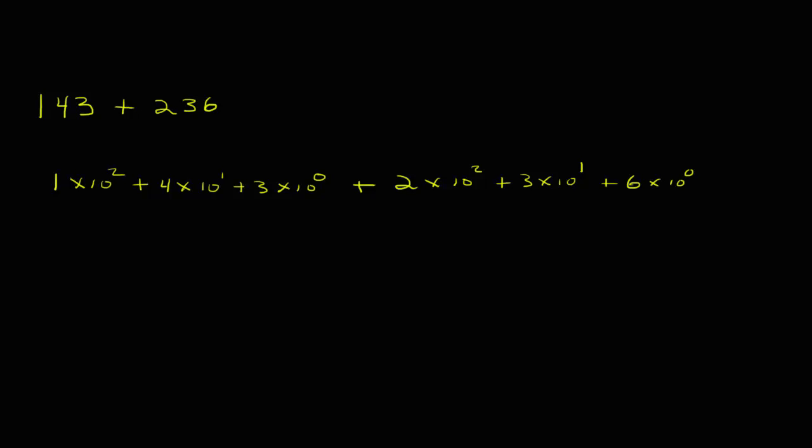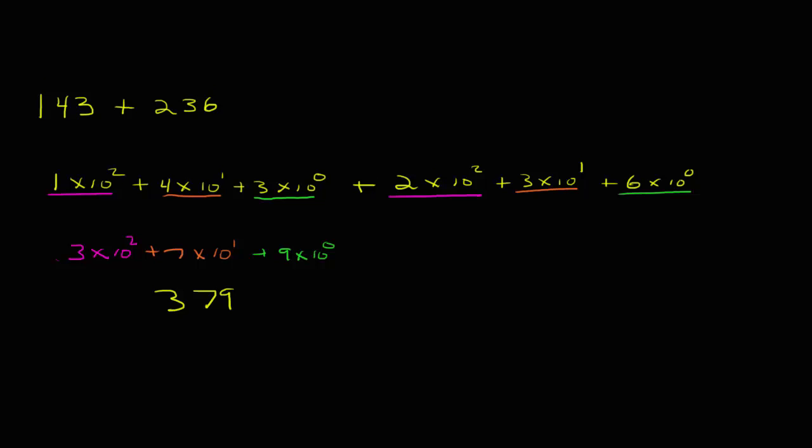And then we add our like powers together. So I have the 1 times 10 squared and the 2 times 10 squared. That's a total of 3 times 10 squared. And then I also have the 4 times 10 to the first and the 3 times 10 to the first. So that's going to become plus 7 times 10 to the first. And then we also have the 3 times 10 to the 0 plus 6 times 10 to the 0. That gets us plus 9 times 10 to the 0. So our final answer becomes